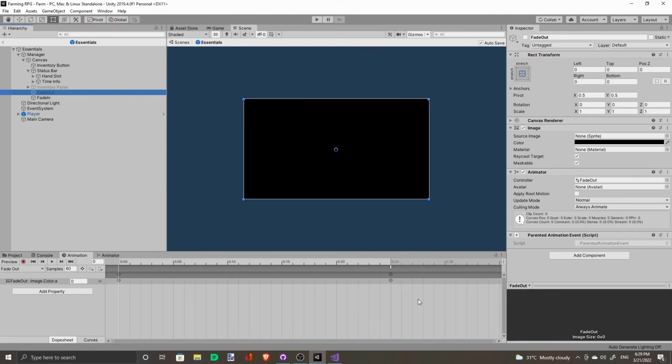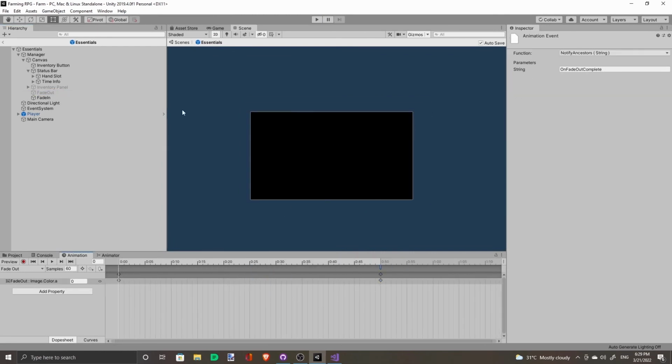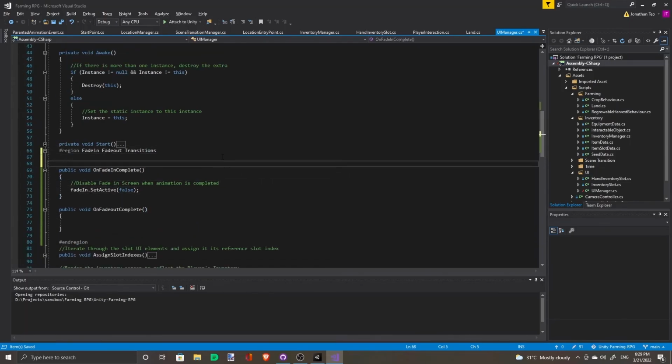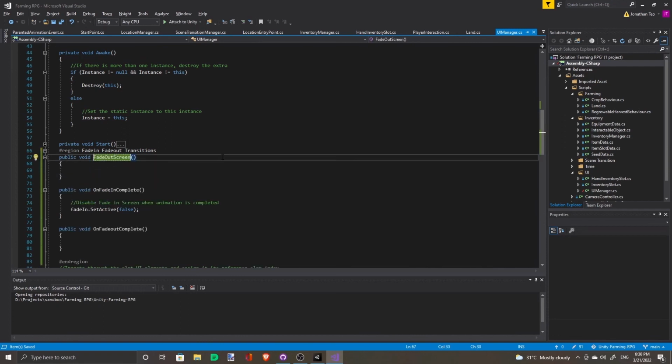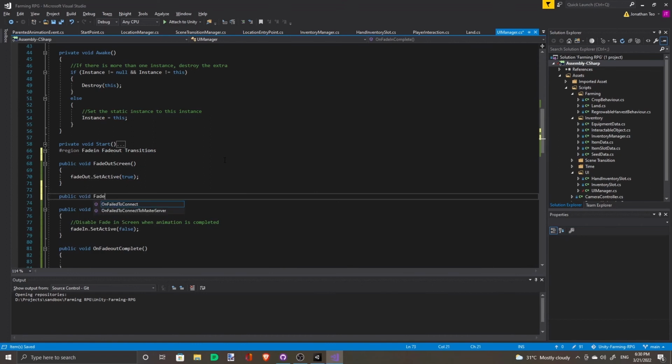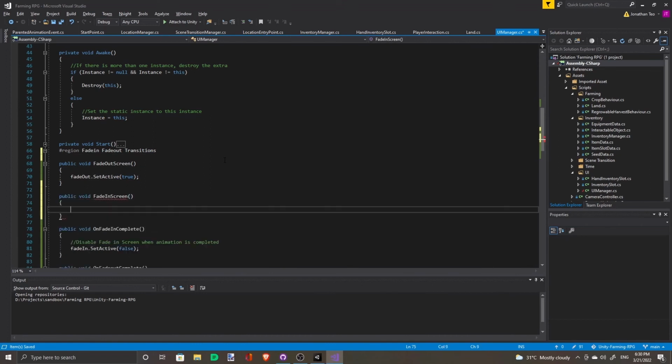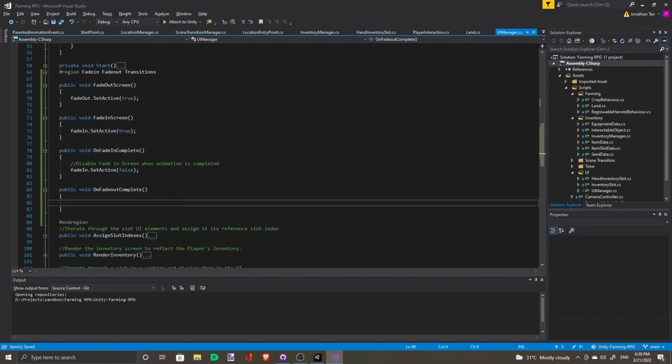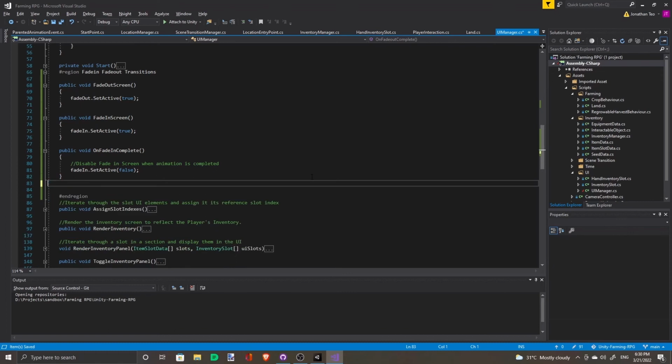Yep, likewise, play for half a second. So we fade out the screen here. We don't have anything we want to do when fade out is done. So we can move it here.